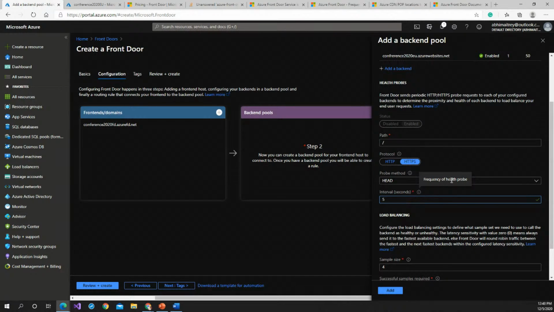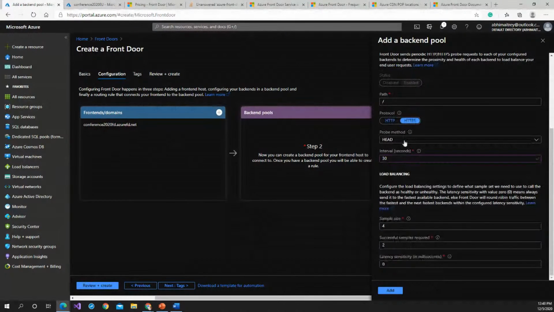And you see the frequency of the health probe. So after every 5 seconds, it would regularly hit the servers and check the health of this particular application, right? But some cost could be involved in it. I'm not pretty sure about it. So the default setting is 30. Let it be. After every 30 seconds, it will reach the server point of presence and check the real health. If the health is a little degraded, then it will immediately switch the request to another existing standby instance,